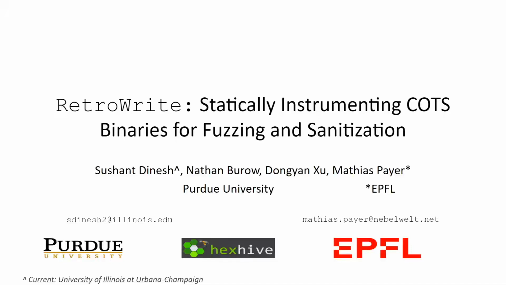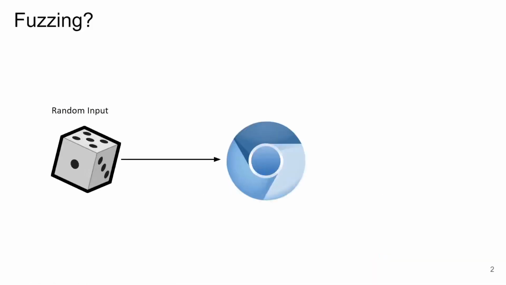Hi everyone, in this video I'm going to present RetroWrite, a static binary rewriting framework with a focus on fuzzing and sanitization. This work was done in collaboration with colleagues at Purdue, Nathan Burrow, Professor Dongyan Xu, and Professor Mathias Payer. Before we talk about a binary rewriting framework for fuzzing, it is important to understand what fuzzing is and the